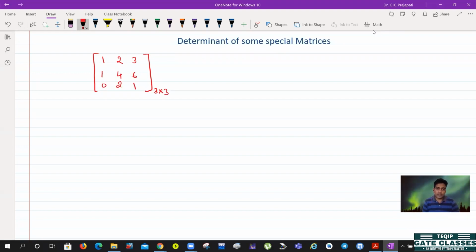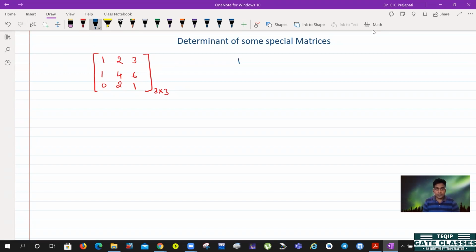This is a matrix of order 3 cross 3. Now we will find the determinant of a 3 cross 3 matrix by a trick. First of all, to find the determinant of this matrix, we write